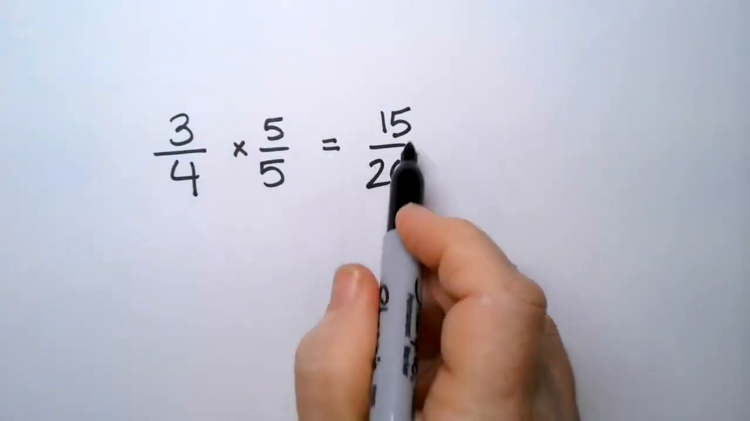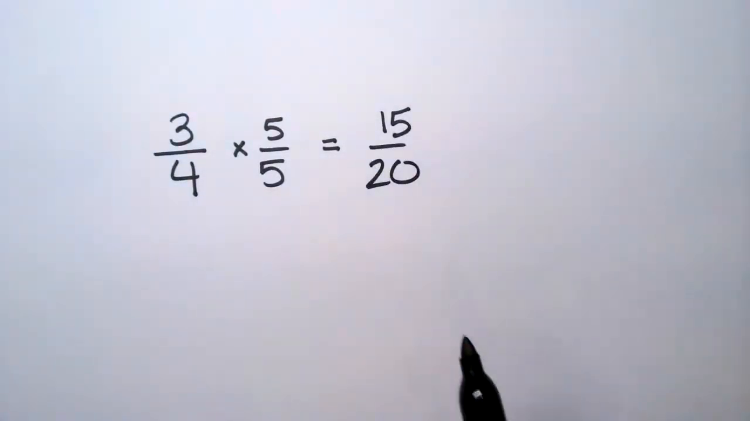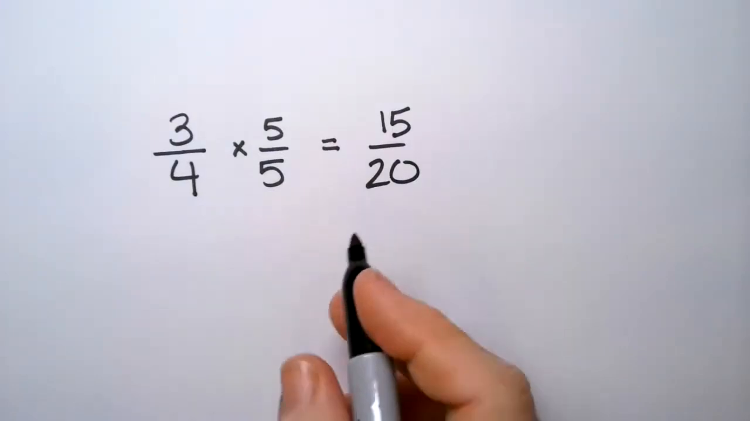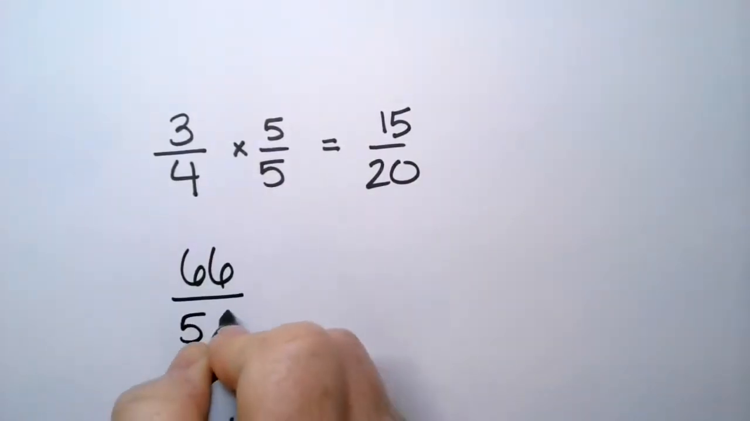Now, in this case, it's not 100, so we can't rip off the top. Yeah, we can scale that up. We can also scale it down. If I said 66 over 55,